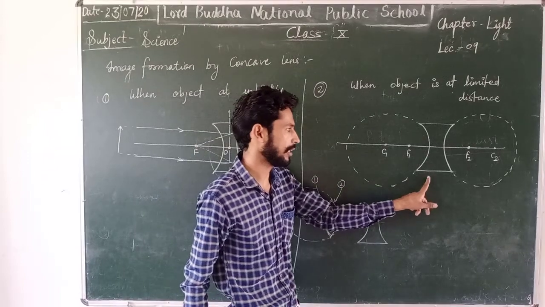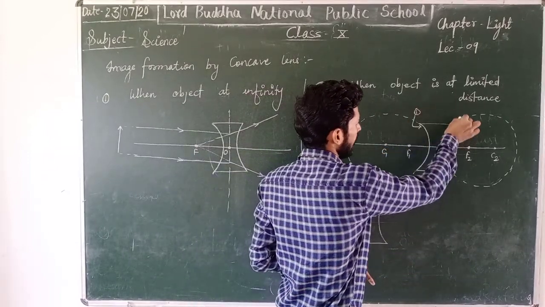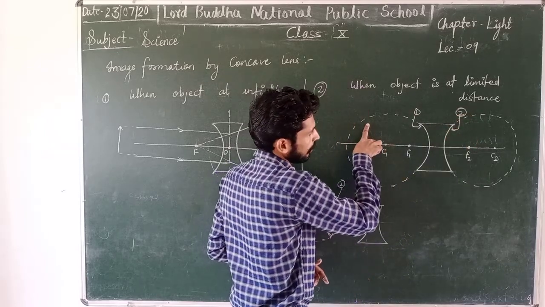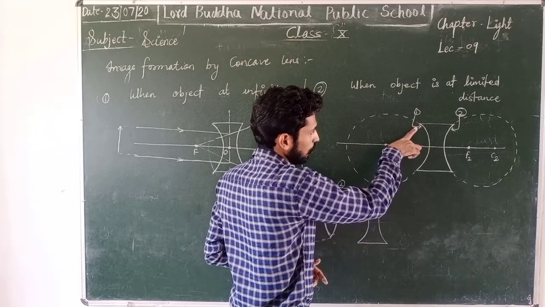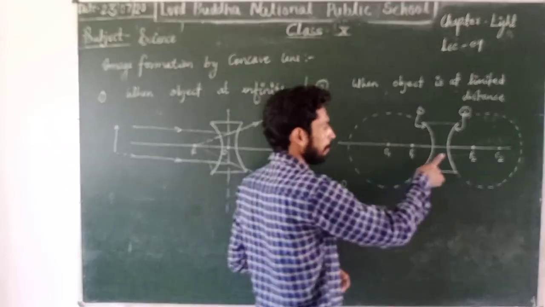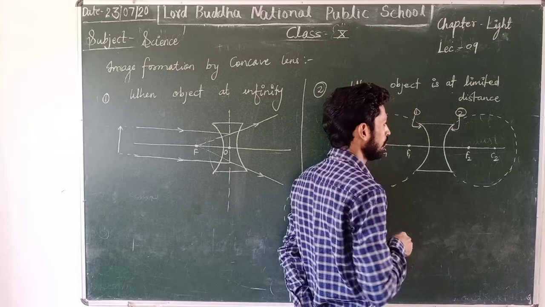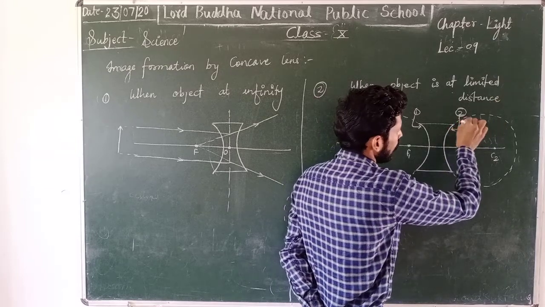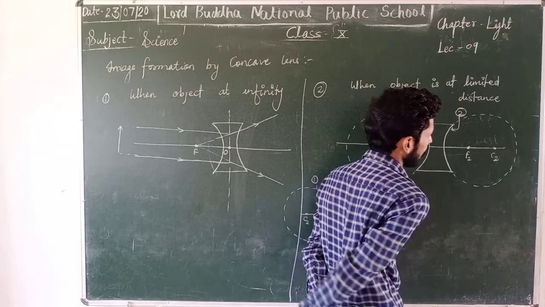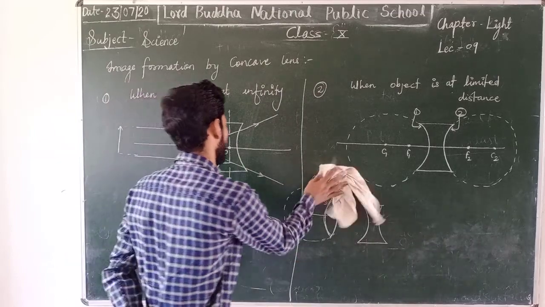But in the case of the concave lens, this is the primary surface and the next one is the secondary surface. This circle is for the primary surface first, so we can write here C1 and F1. But on the right side this is the secondary surface, and